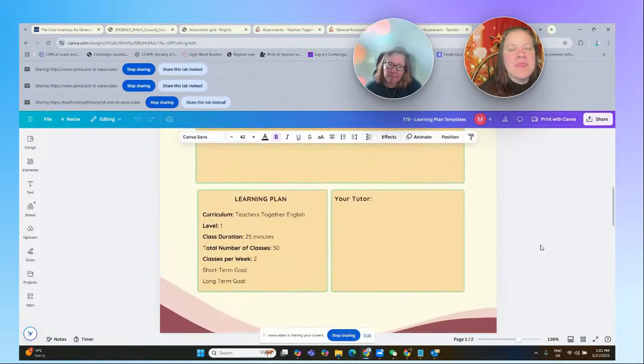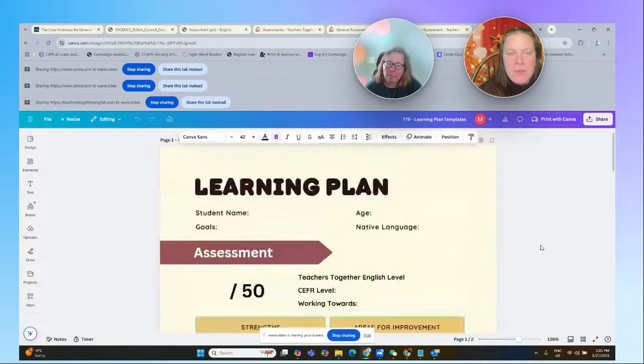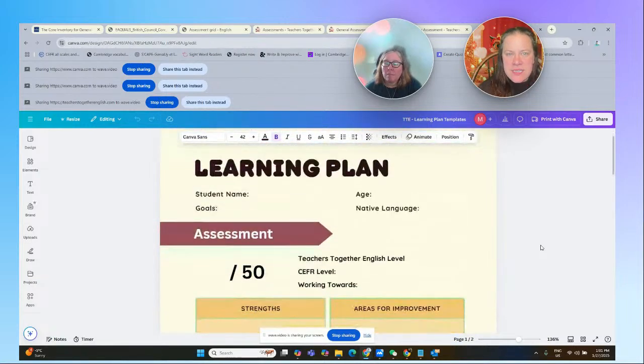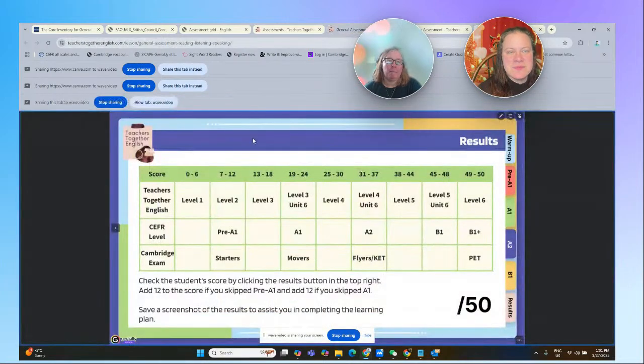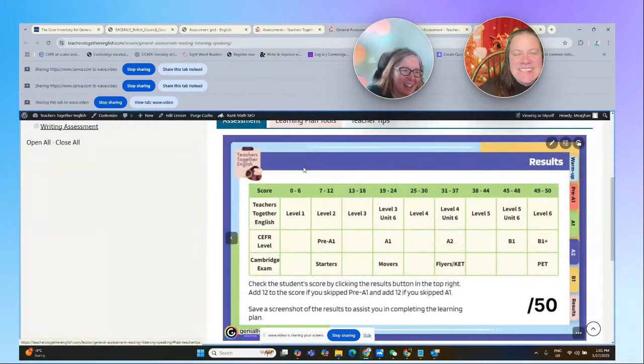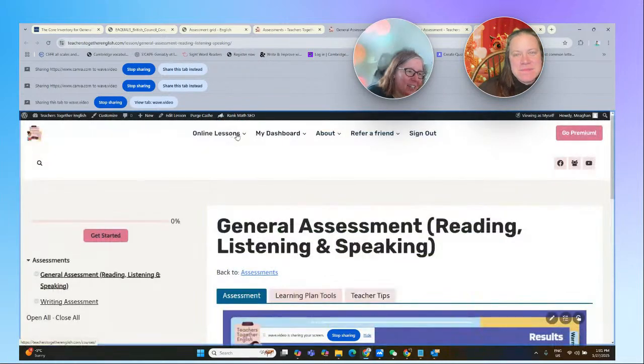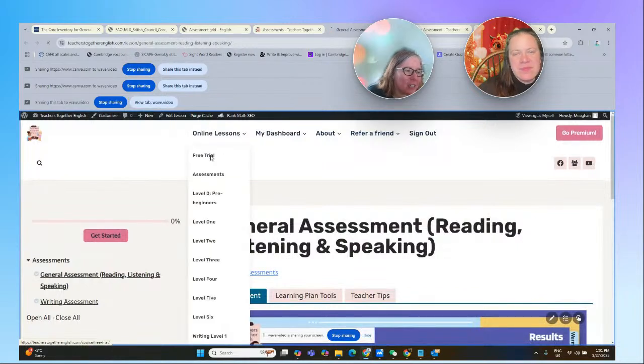So can you just reiterate here, are both of these on the free tier? They are. So they're both on the free tier. Awesome. So the free tier has, here, let me go back. There's so many. Share this tab instead. So if we take just a quick look at the free tier itself,